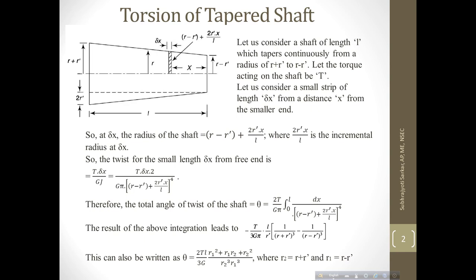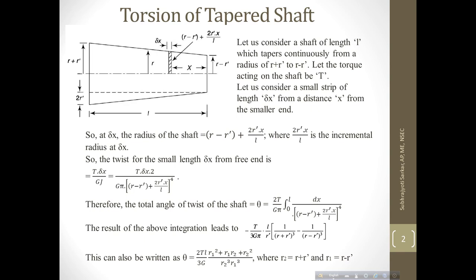If we consider the total length, what will the total angle of twist be? That is equal to theta. So theta will be equal to the integration of that twist for the small length, that is theta equals T by GJ, where G and T are constant for that shaft, so they come outside of the integration. So it is 2T by G pi, pi is also constant, from 0 to L,